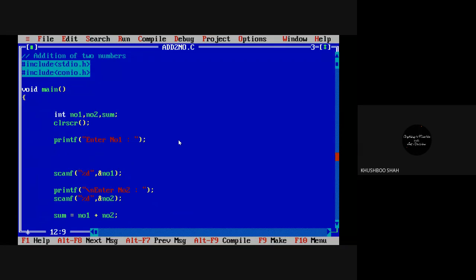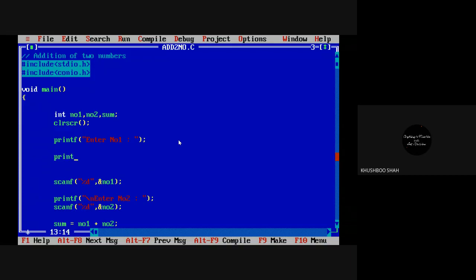The next line is printf, enter number 1. See, I'm writing something. Printf. What does it mean? Again, this is a function. Perfect. This is a function. But here in this function,